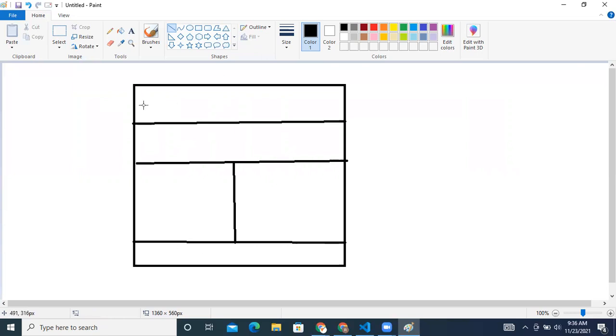So these 4 rows each occupy all 12 columns. If you want to divide a row into 2, you will give 12 by 2, right? So at that time, 6 columns it will take. For example, in the body part here, I have divided the content into two parts. So it takes 6 column width here and 6 column width here.